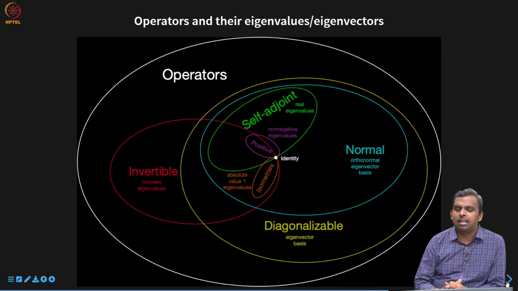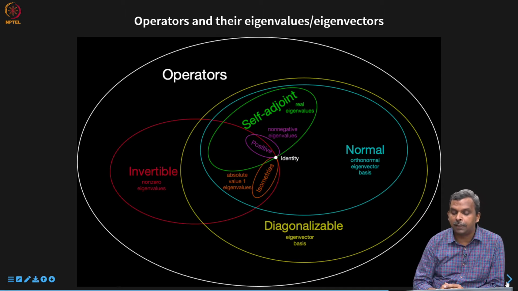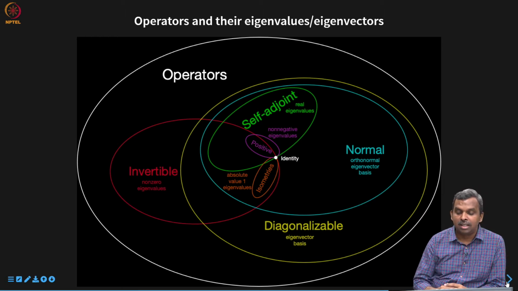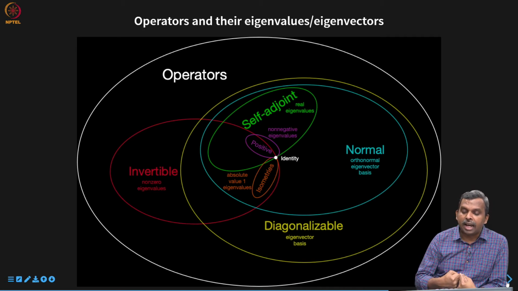I think that only the identity is like that, right? So the identity is a special operator. I've shown that everything is invertible, it's self-adjoint. Of course, it's invertible. It lies on this side of the red thing. It's normal, it's self-adjoint, it's positive, it's isometry, diagonalizable, everything. So identity is sort of there. I think isometry and positive intersect only in identity.